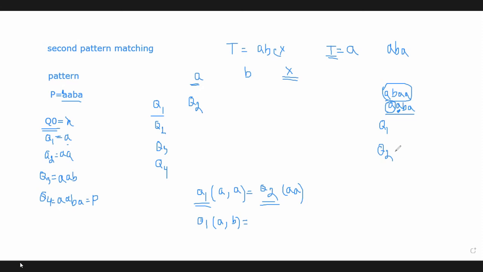Yes, ma'am. And what will happen if it receives another character which is B, which is not A? So at that time, the state will stay in its own state, right? If the next character is B, at that time the state will not be changed. That means if Q1 receives a character B, at that time it will still be in state Q1, isn't it?